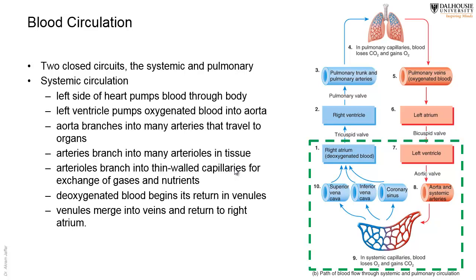And these branches will branch and branch, become smaller. As we will see next time when we deal with the vessels, we have arteries, and then the smaller arteries, which are called arterioles. And then the arterioles become smaller and smaller, and then they give rise to the capillaries. This is where exchange of gases takes place, the thinnest of the blood vessels, and then the capillaries will collect and form small veins, which are called venules. The venules will form big veins like the superior vena cava or inferior vena cava that return back to the